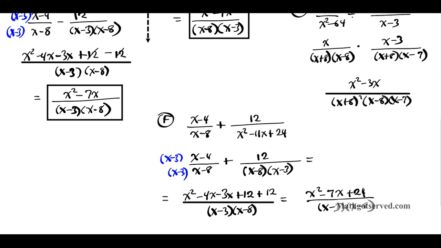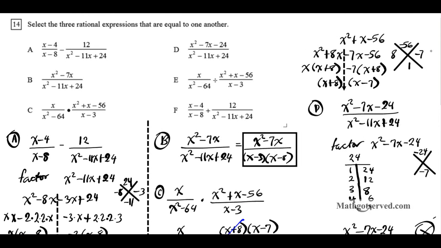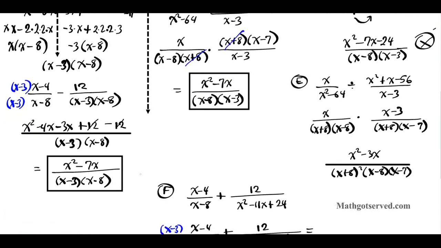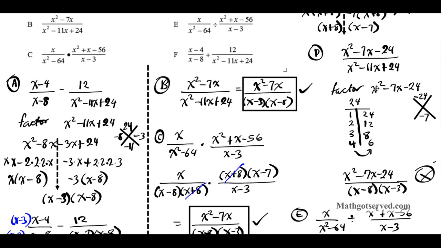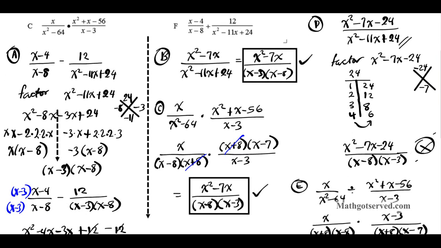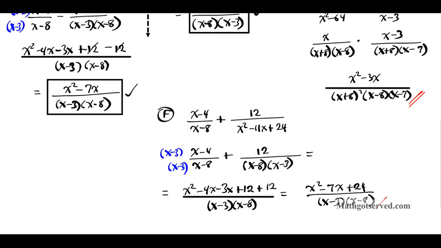Now, does this match with the other ones we have? The answer is no. So the ones that are equal to one another are options A, options C, and option B. Those are the ones that are identical. Option D isn't the same as the rest, so this is why we have a cross right here. It's not the same. And then option E, this form is not the same as the others, so that doesn't match, and neither does option F. So the only answers that occur